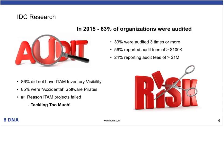But to further enhance the problem in today's environment, many of the software publishers and manufacturers are finding that there is, well, we'll call it what it is, low-hanging fruit for these publishers by coming in and simply forcing clients through an audit or a true-up. Literally 63% of the Fortune 2000 went through at least a single audit in 2015, according to Independent Research Corporation. And those audits are costing companies an enormous amount of internal fees and external true-up costs, anywhere from $100